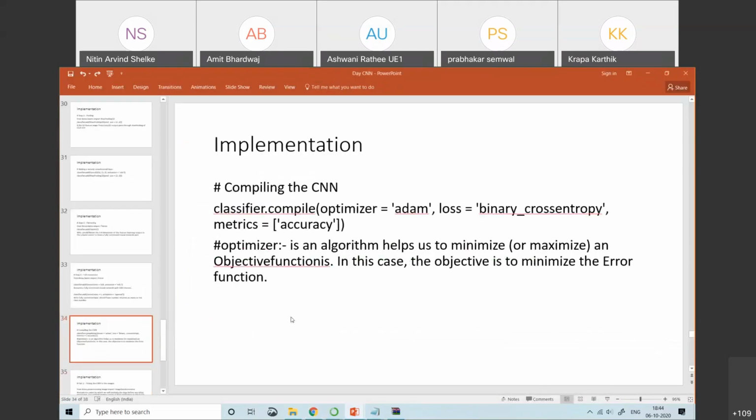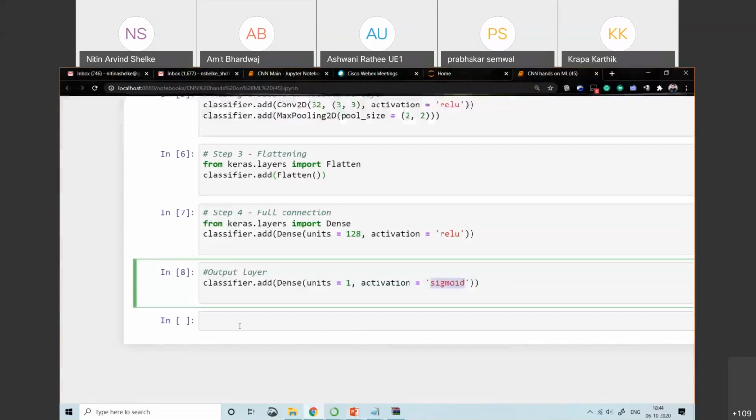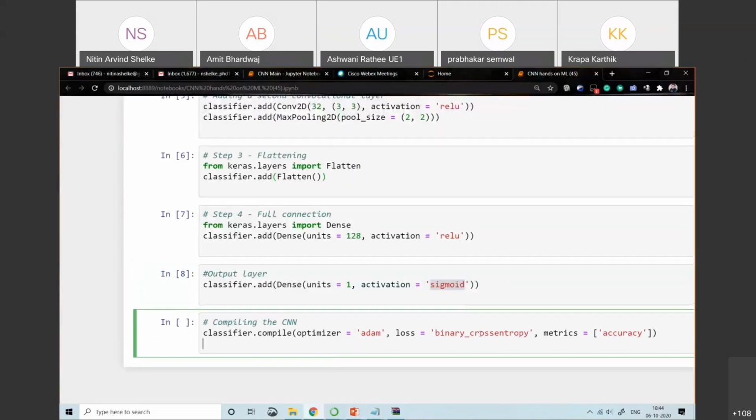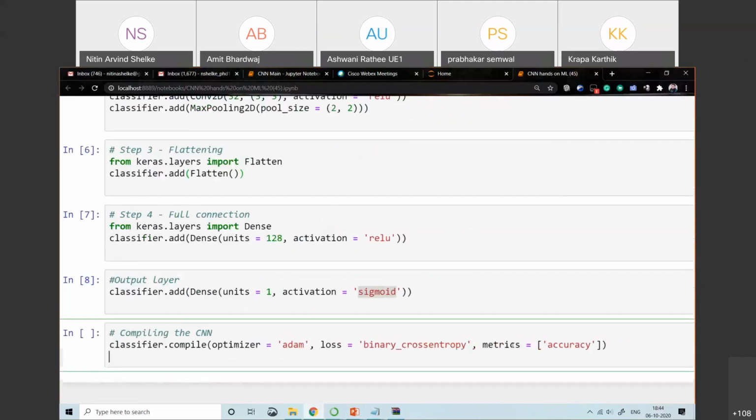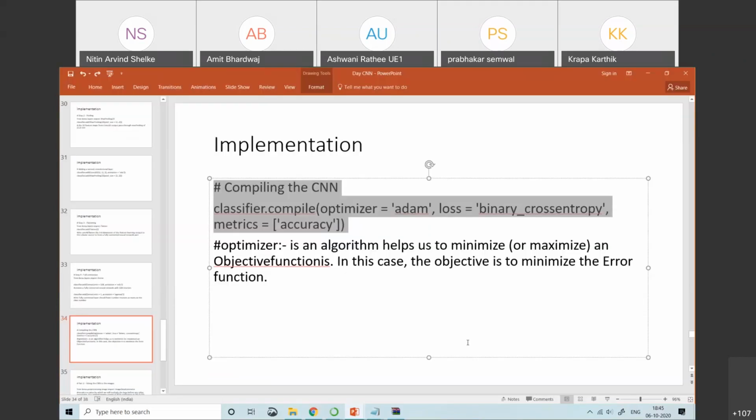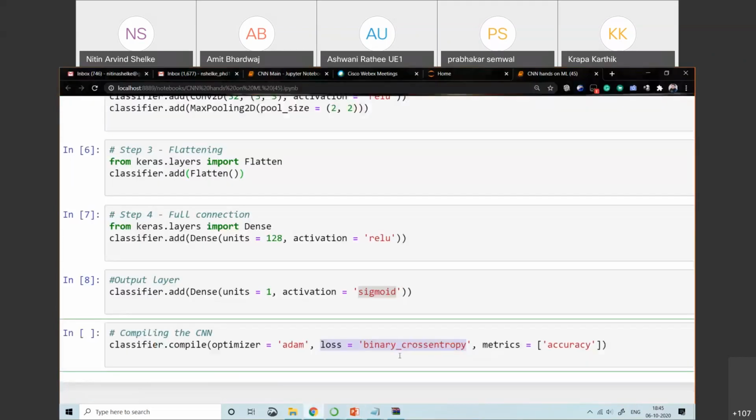Now, finally, we'll compile the CNN model by using the .compile method, adding the optimizer, the loss as binary cross entropy, and the metric as accuracy. The optimizer that I'm using here is the Adam optimizer. The loss is binary cross entropy, as it is a binary class classification problem. If you want multi-class classification, you can use categorical cross entropy.